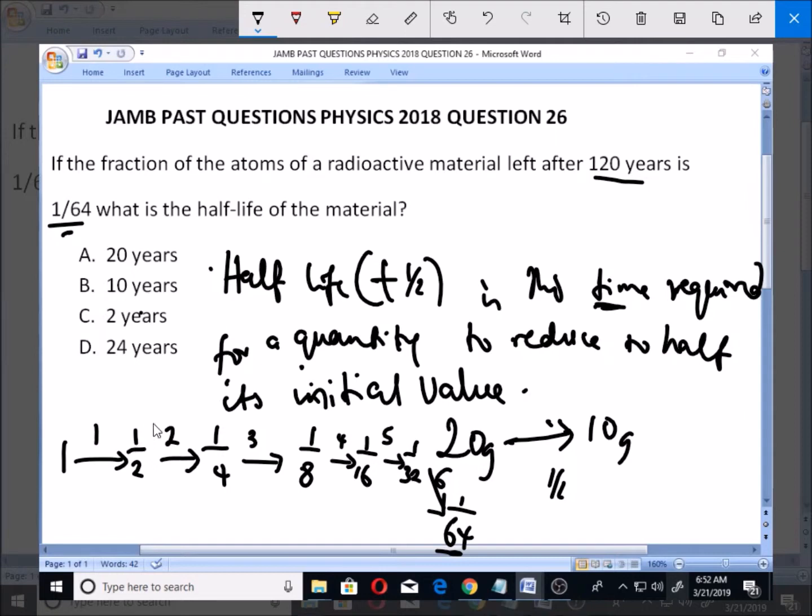So how many movements got you to 1/64? You have 1, 2, 3, 4, 5, 6. 6 movements. So now, having that, you can see that